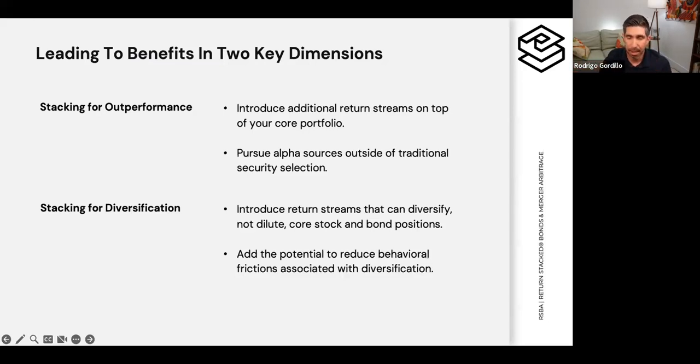And so that can benefit you from just simply trying to do better for clients and your portfolio. And then on the diversification side, obviously we can see how adding non-correlated stacks to your portfolio could allow the benefit of diversification, but importantly, without diluting your stock and bond holding, right? So we get to sidestep many of the behavioral problems of holding onto things in our portfolio that are very